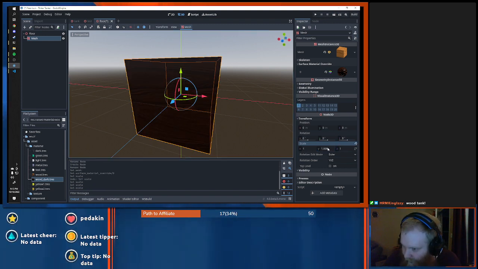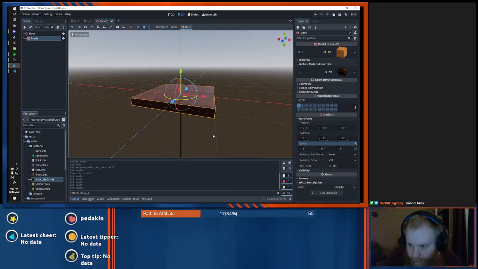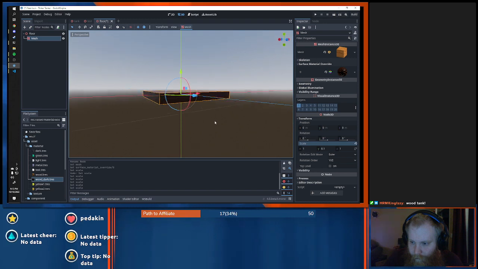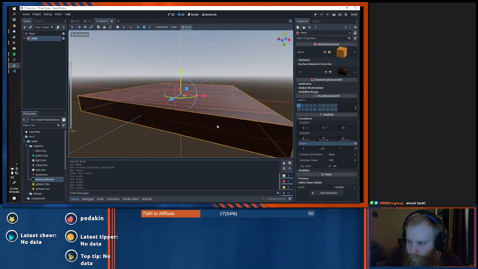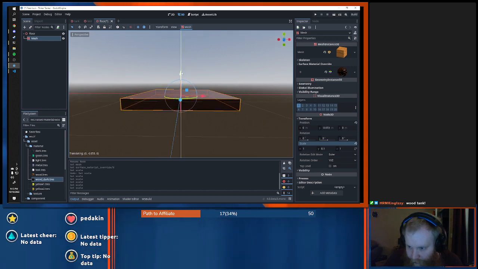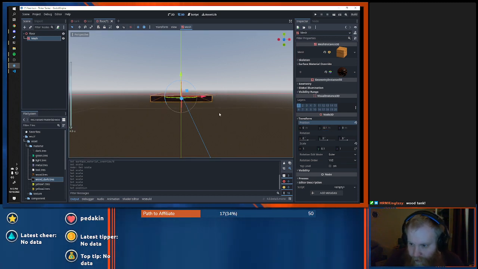Okay, now what happens if I 0.3? Excellent, that's what I wanted to see. Let's do 0.1. Okay, and now we're going to move it down just ever so slightly. It's going to be 0.1. Perfect.